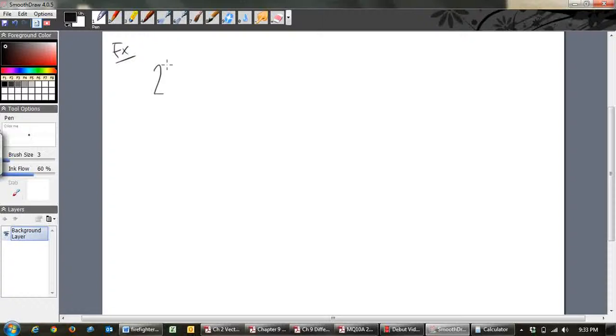I'll do some numbers first, but I'll show you what I mean. 2 to the power 1/8 times 2 to the power 3/8. Let's have a look. It looks horrible, but just continue to follow your index laws. What happens when you've got the same base multiplied together? You add the powers together. So that's 2 to the 1/8 plus 3/8,